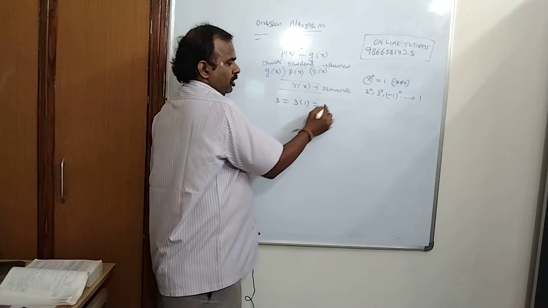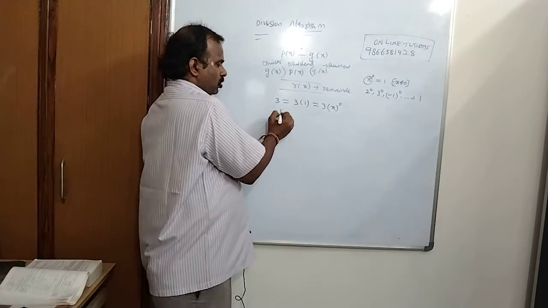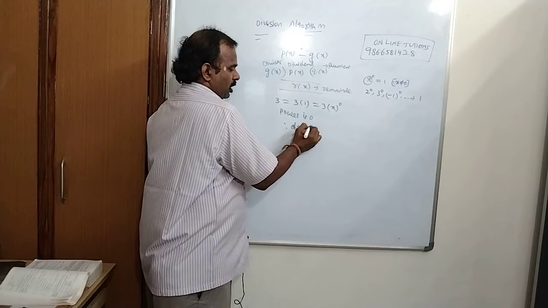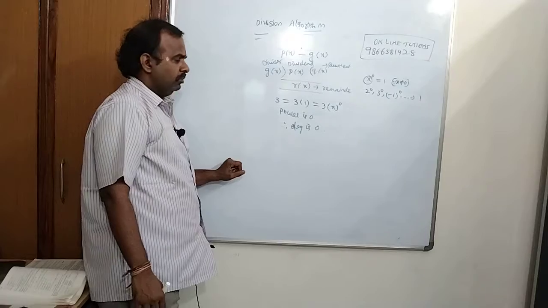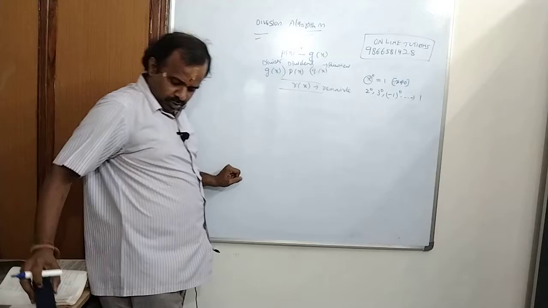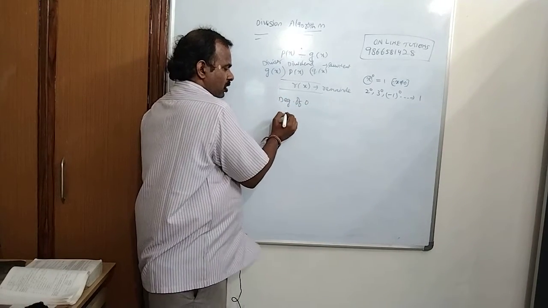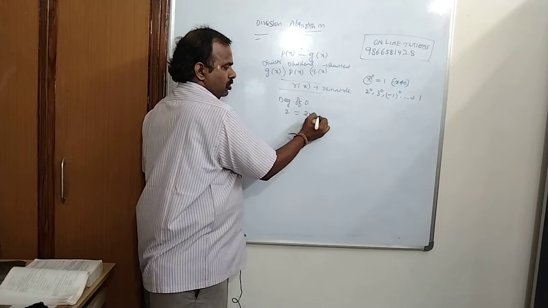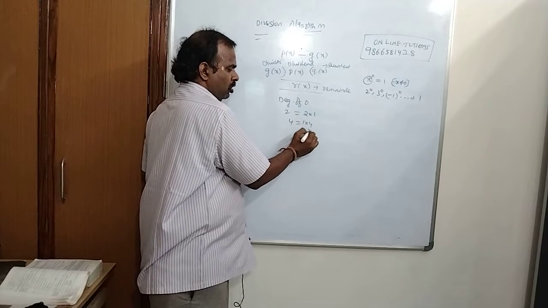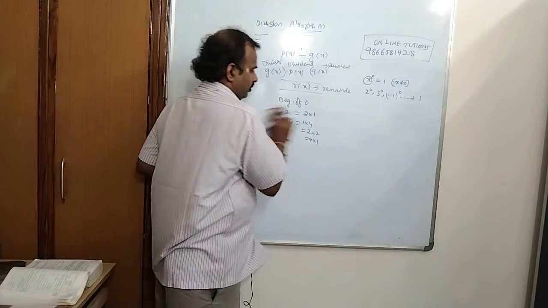So here also, 3 into 1, I can write it as 3 into x power 0. So therefore the power is 0, and therefore the degree is 0. Okay. Now what about the degree of 0? Now see, if I take 2, I will write it as 2 into 1, a product of two numbers. 4, if I take, I will write it as 1 into 4, 2 into 2, 4 into 1, right? Now 0, how can I write?